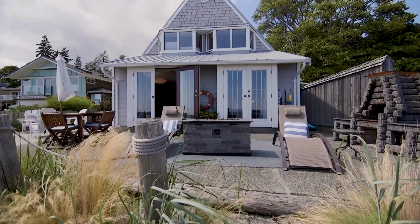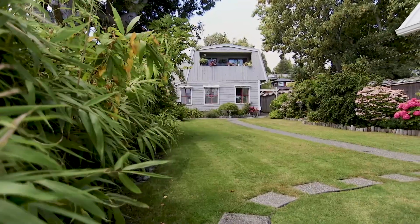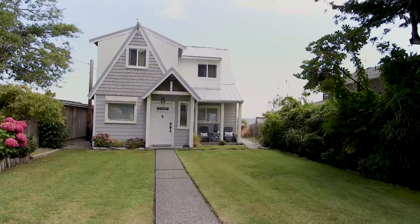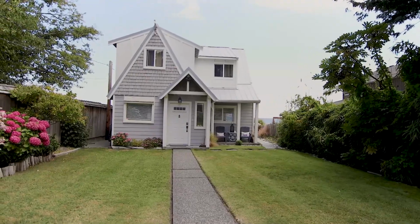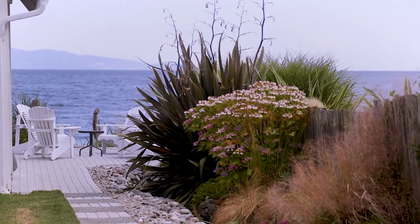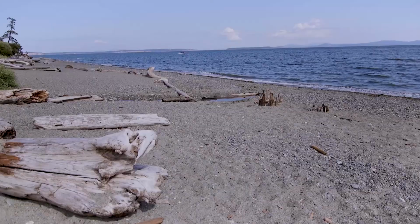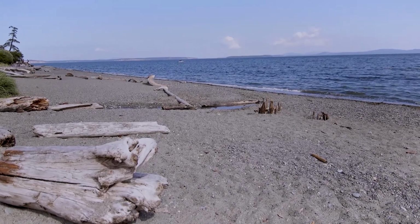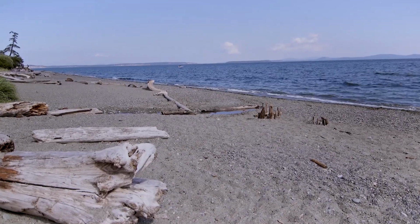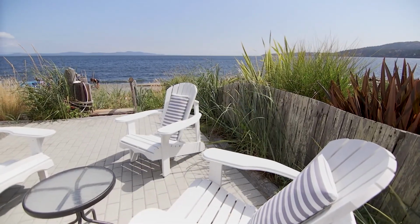And this property is so cool because it has a beautiful house, but then also has a beach house. And you've got extra accommodation, and with a nice separation. It also offers a beautiful grass courtyard, which provides some great southwest sun. Tournour Bay is primarily positioned northeast, so you're going to get incredible sunrises, moonrises, but sometimes that southwest sun is a little bit more difficult on this side of the island, but this really gives you a chance to capture that as well. So having the ability to really entertain on this beach frontage patio